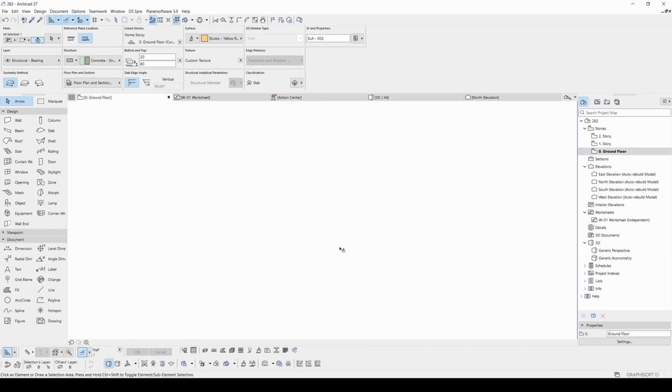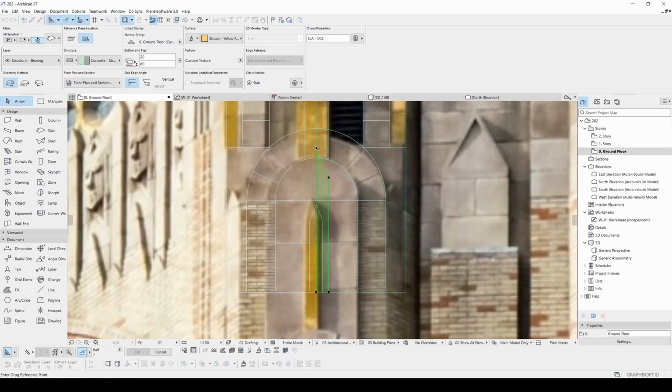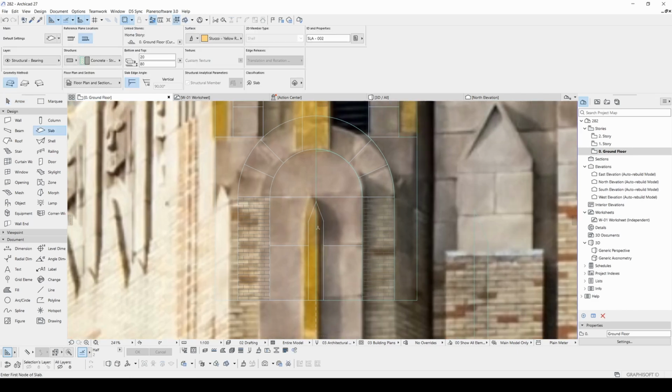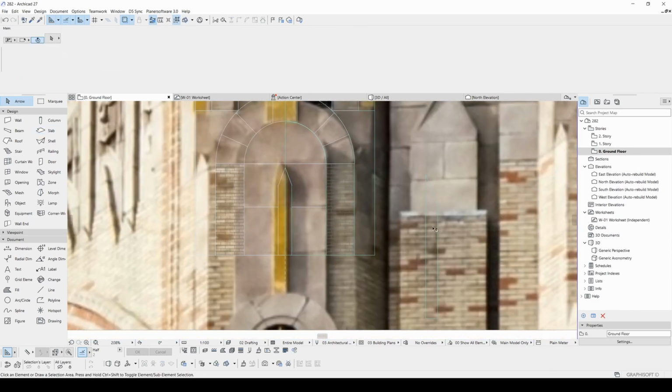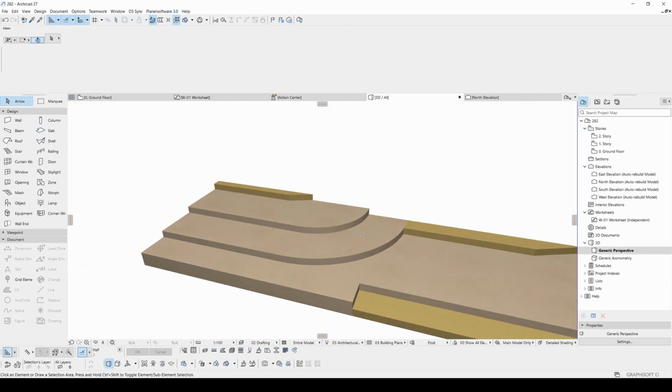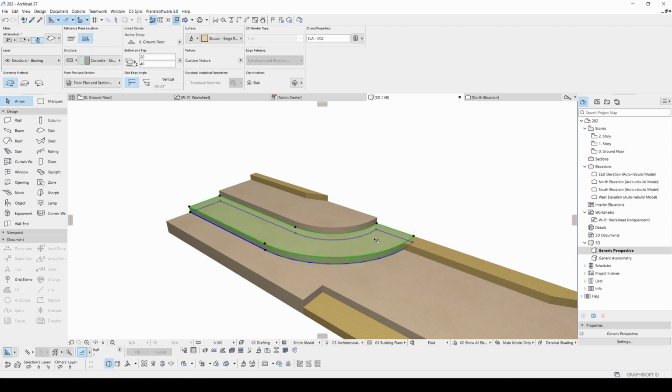Let's copy it to here, or create it once again. We have an intersection problem right here, therefore I'm going to make this 25, 45 and move it to top.